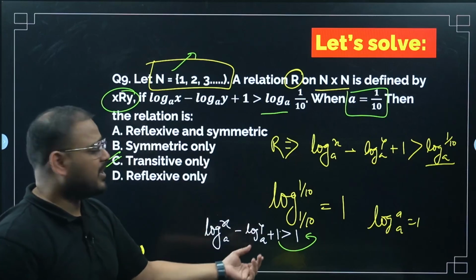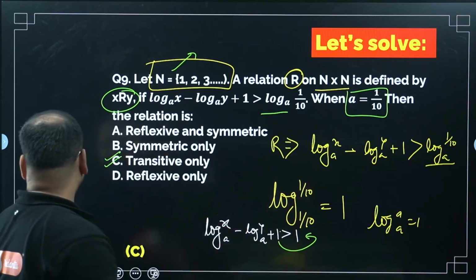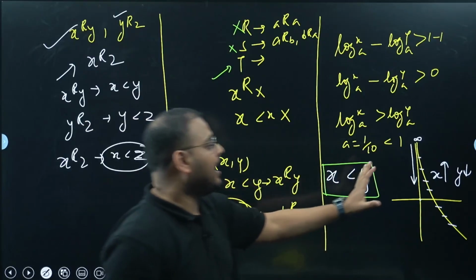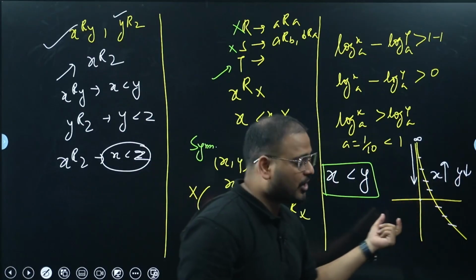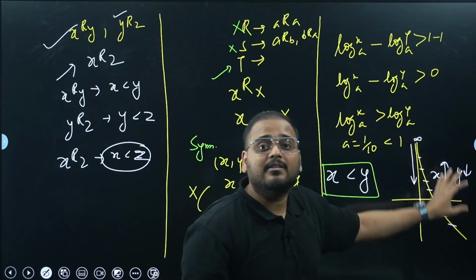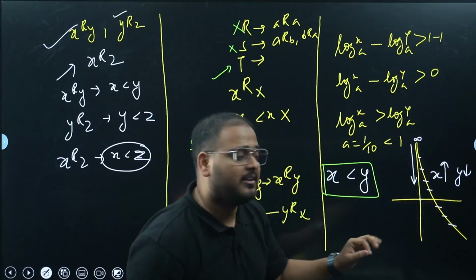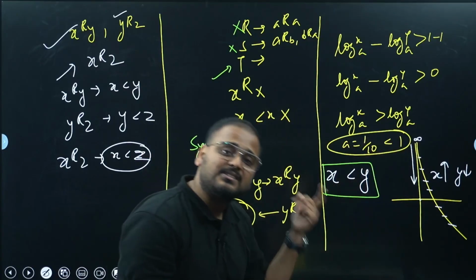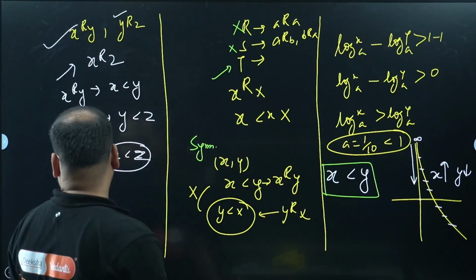Looks difficult, but if you break it down and apply the concept that you learned previous year of the logarithm. What is the concept? I'll repeat again. As you move to the right, or as you increase the value of x, what happens to log? The value of log will decrease, when the base is less than 1, which in this case is 1 by 10.